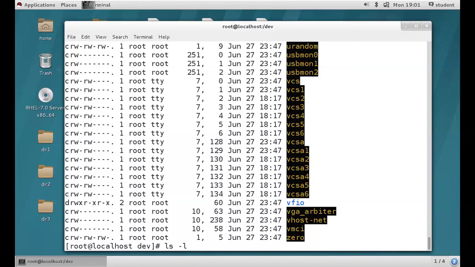It is going to print the list of your dev directory. How much we'll have, how many files and directories we'll have inside this dev directory. So it is going to provide the list. Clear? From that list, we need to pick only block files. So from that list, we need to pick only block files.